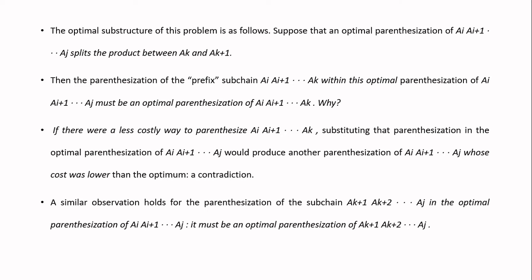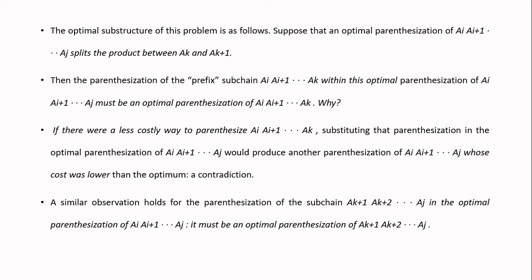Otherwise, if it was not the optimal parenthesization, then there must be another parenthesization which is optimum. If that is the case, we could have chosen that. Otherwise, we will get a cost which is lower than the optimum value. That is not possible. So whenever you choose a subproblem and solve it, you get an optimal solution for that subproblem itself. Only then is that applicable to your global problem.